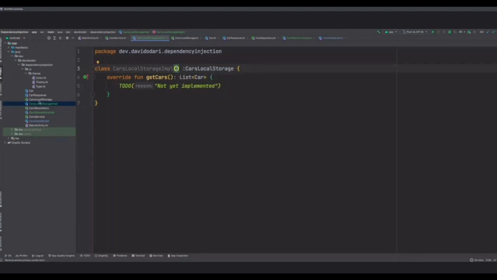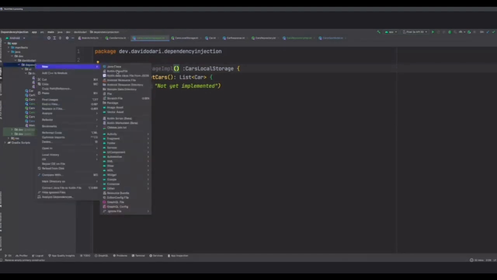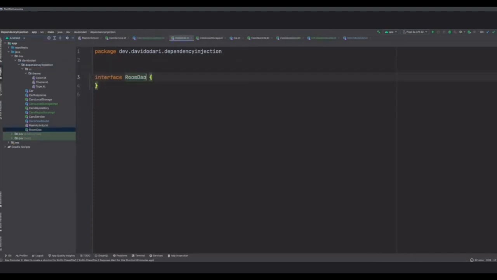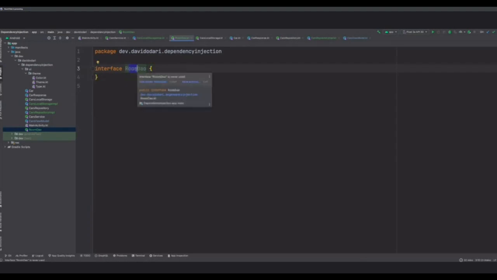Let me just create it so that we have a more visual view of what I'm talking about before I go into it. Let's say you have a Room DAO interface. Room is like an ORM, a database library used in most Android apps.